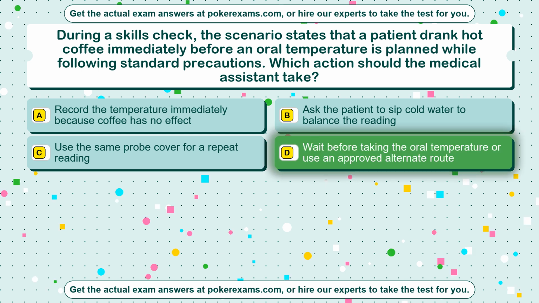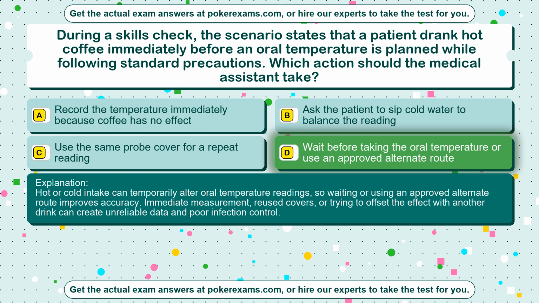The correct answer is option D. Wait before taking the oral temperature or use an approved alternate route. Hot or cold intake can temporarily alter oral temperature readings, so waiting or using an approved alternate route improves accuracy. Immediate measurement, reused covers, or trying to offset the effect with another drink can create unreliable data and poor infection